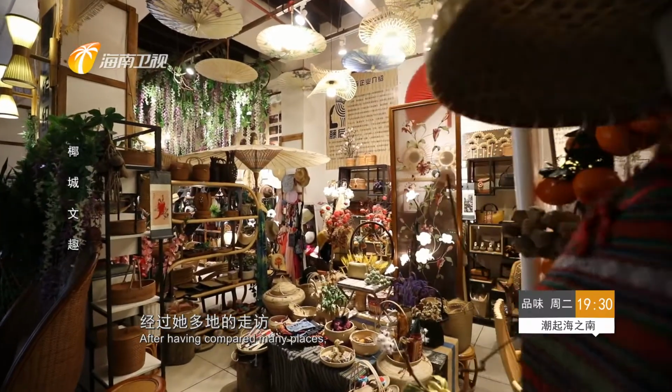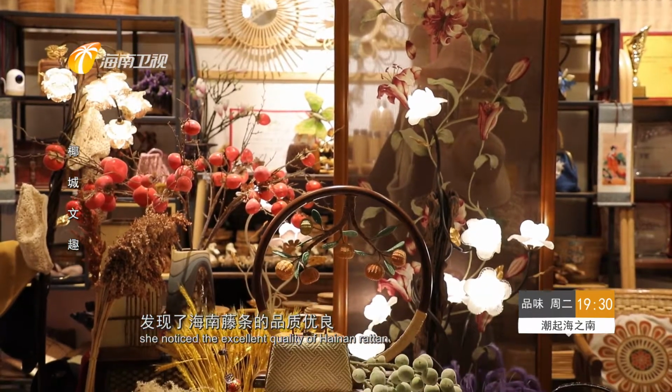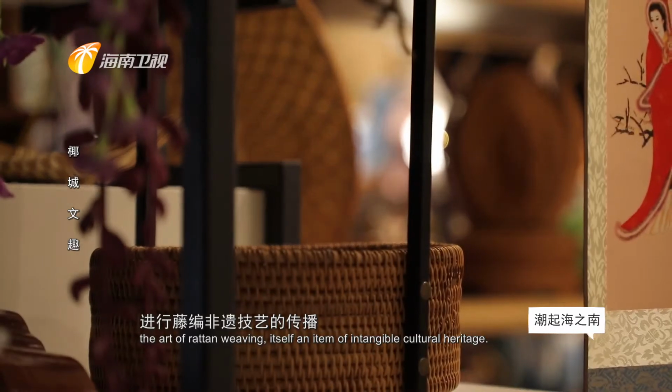down. Yang Yuping has been doing rattan weaving for more than 25 years. After having compared many places, she noticed the excellent quality of Hainan rattan. So she decided to remain here and teach people the art of rattan weaving, itself an item of intangible cultural